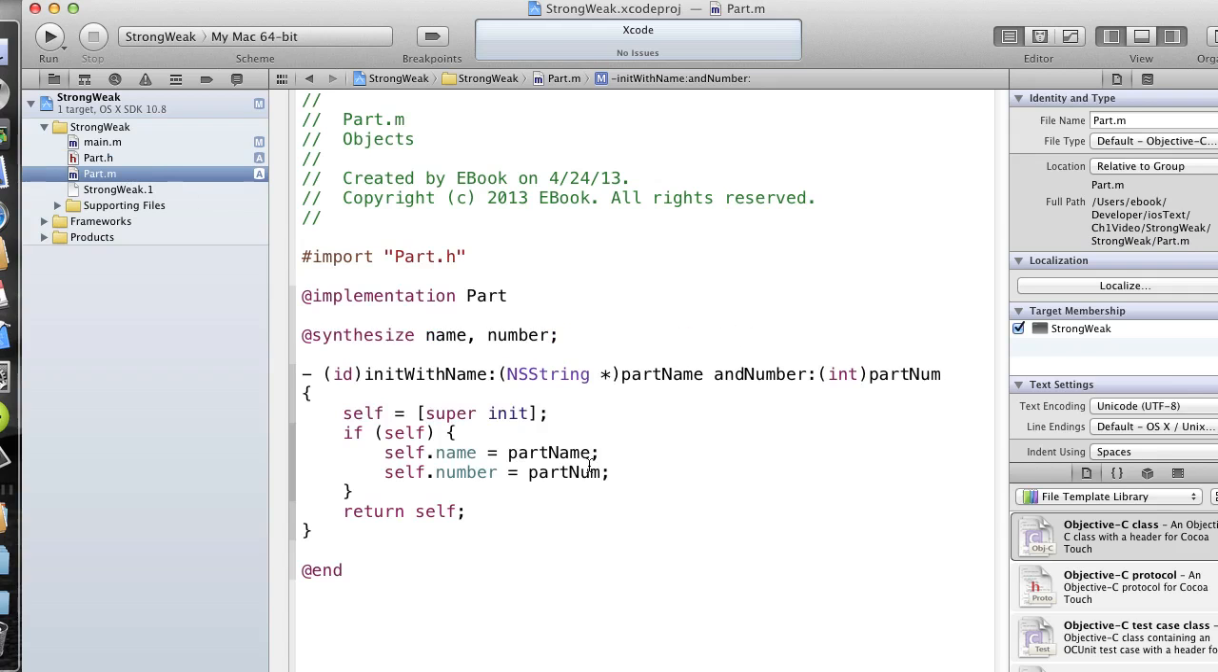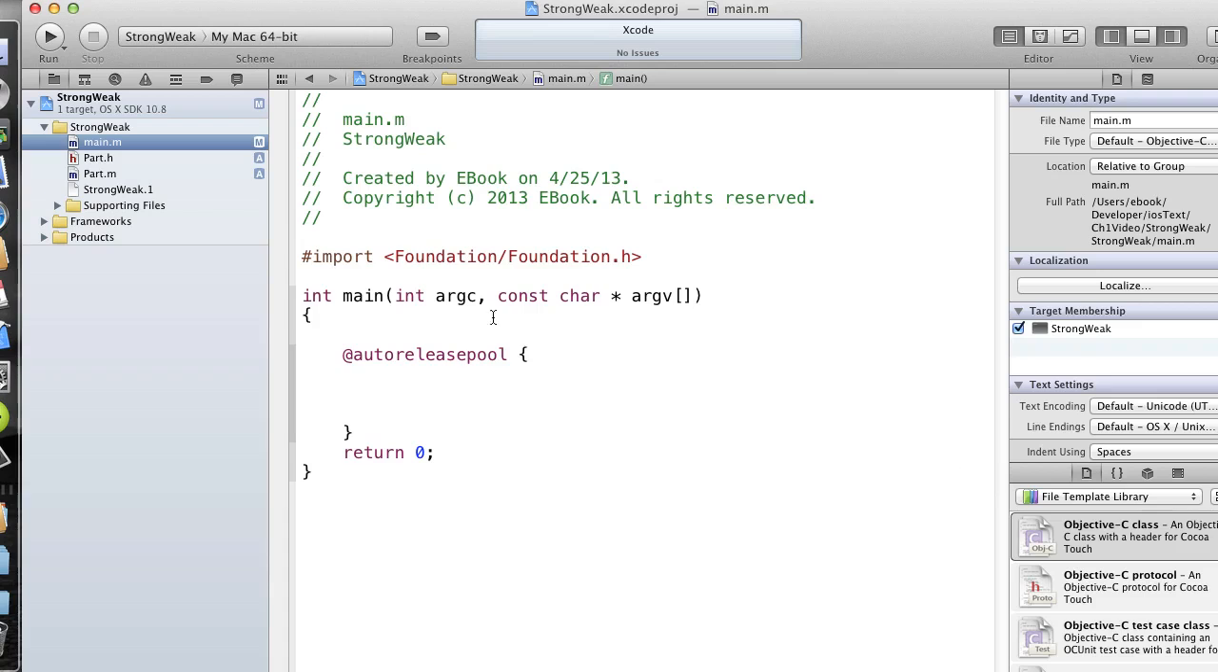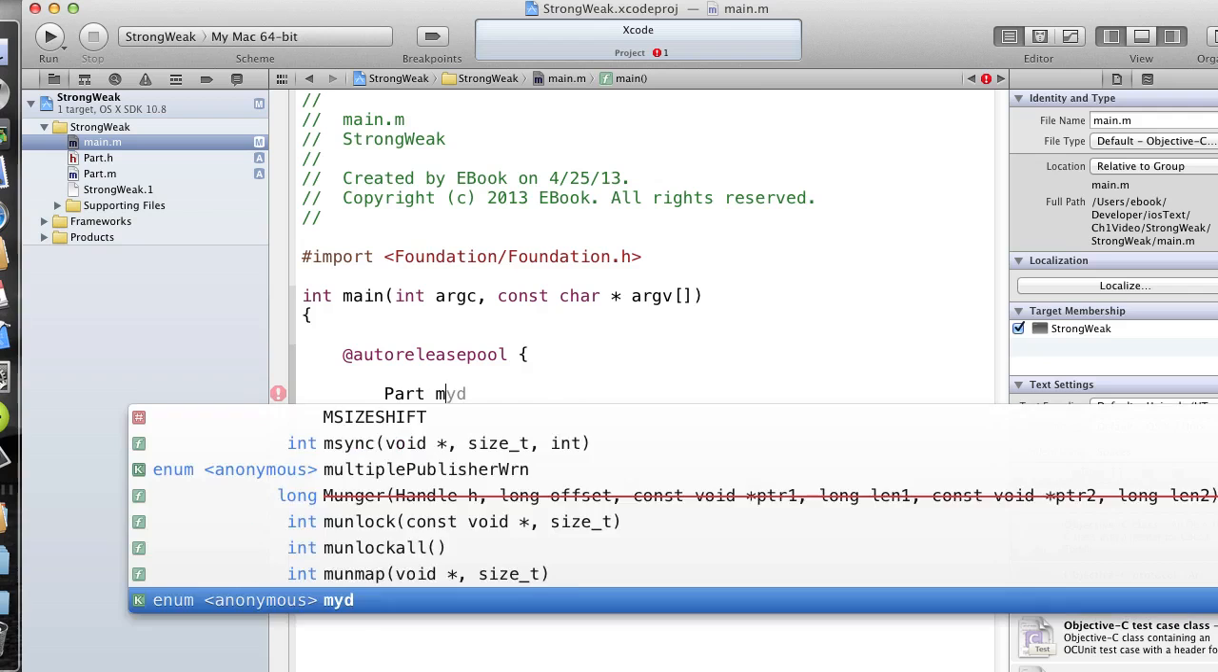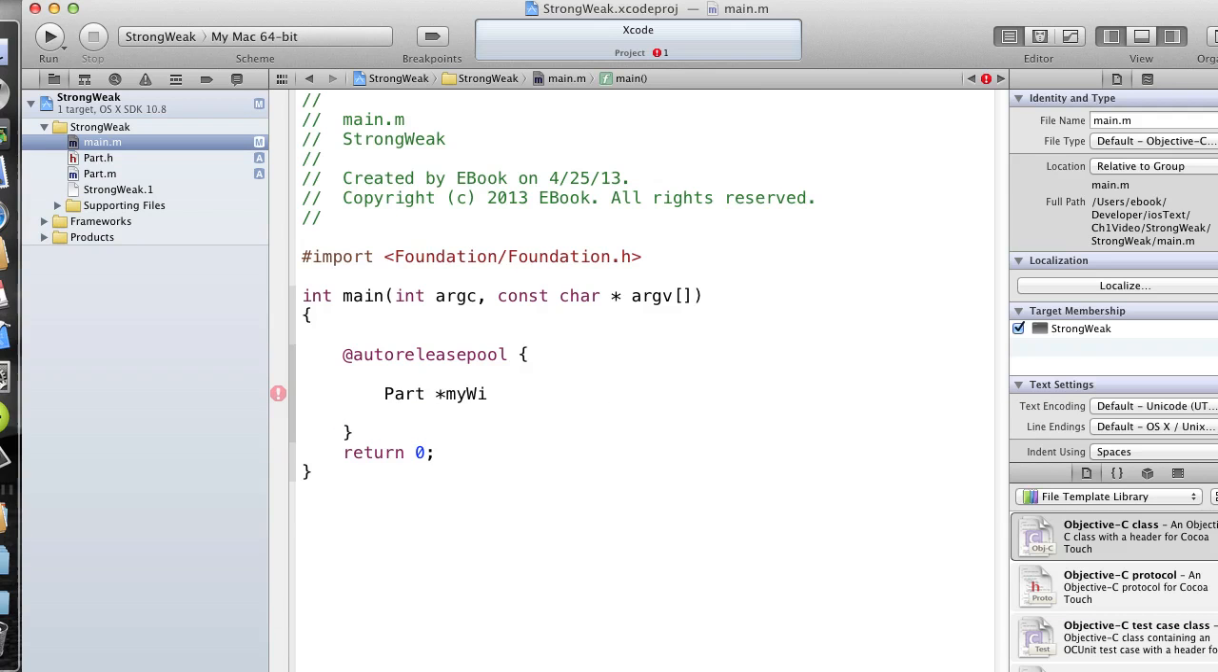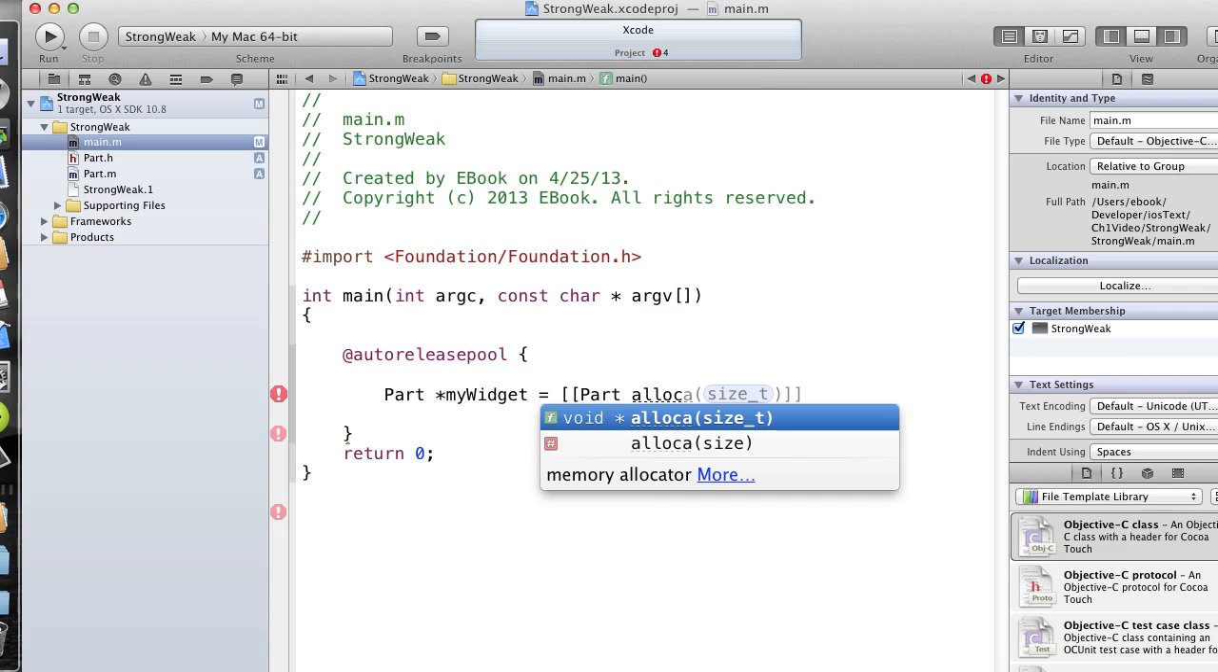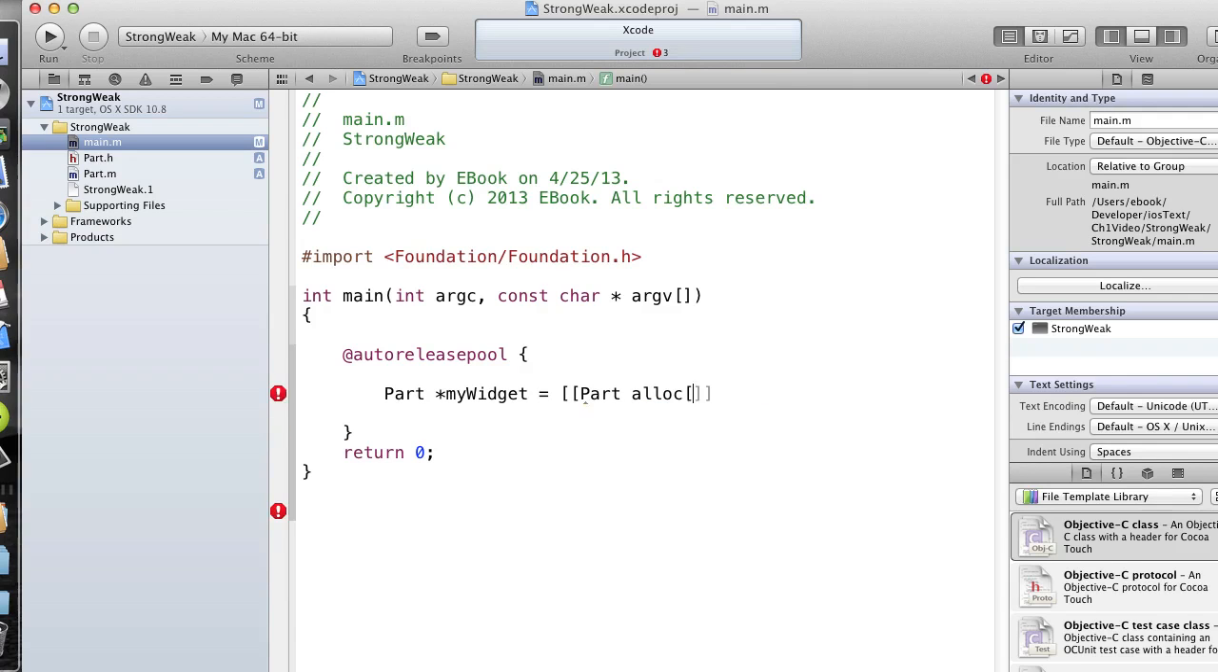So now, this method, our init method, will work just fine. So now in main, when we want to call that method, let's say we're going to have a Part, myWidget. Let's call it myWidget. And it's still a pointer. And now, how do we do this? Well, the first part's easy enough. Part alloc, right? And then, whoops, wrong way. And then init